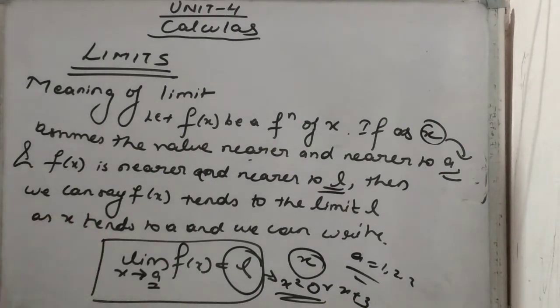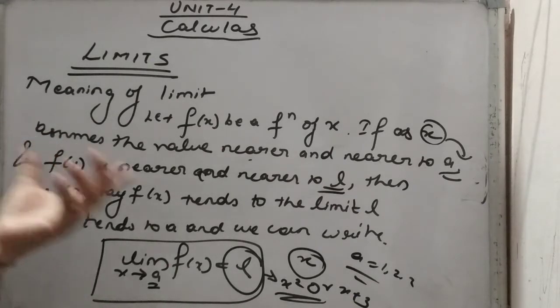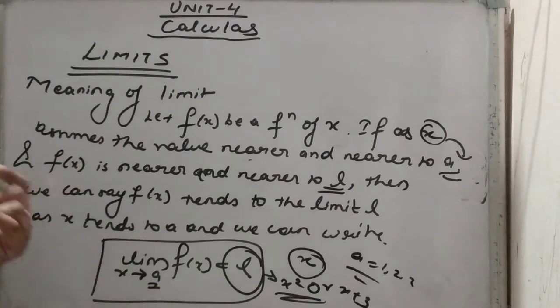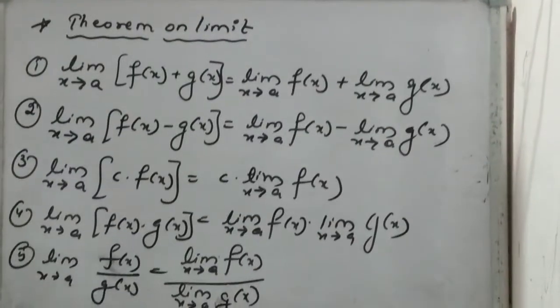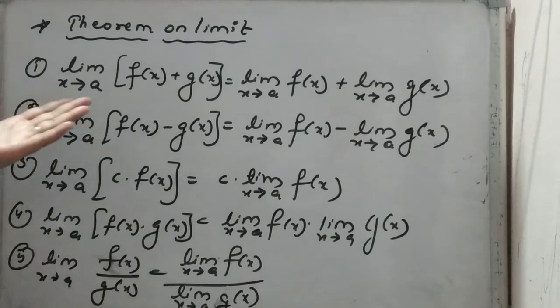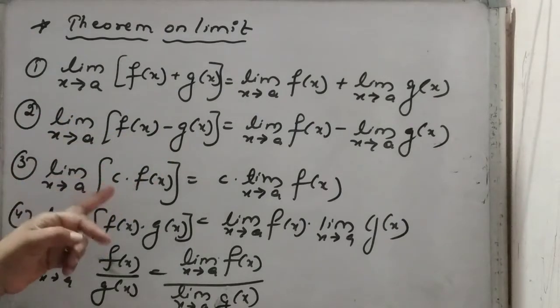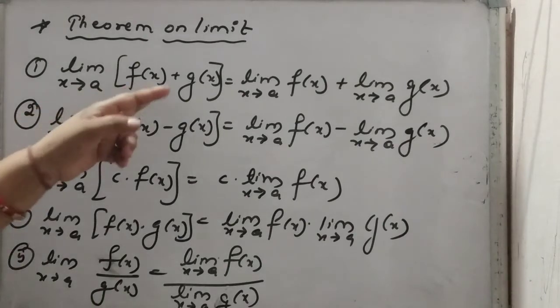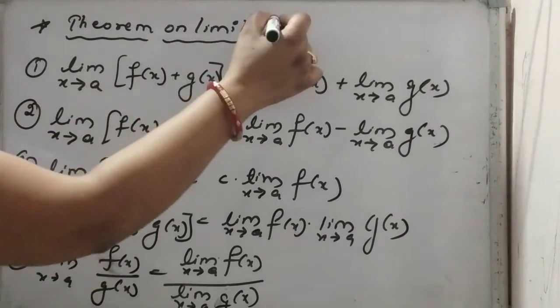We'll solve some questions, then we'll understand. First let's write how to evaluate. This will be in the form of addition, subtraction, multiplication. First I will write the theorem, and then I will tell you the evaluation of limit, what is given in your book. Now see, theorem on limit. It means that limit we can solve in 4 ways: addition form, subtraction form, multiplication, and division form. So if f of x